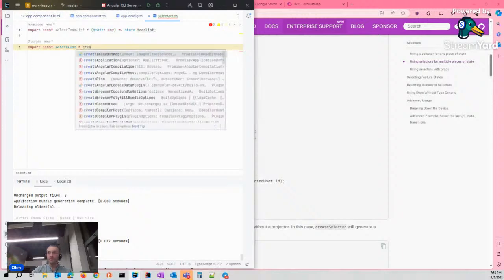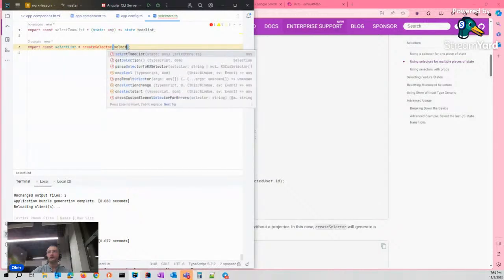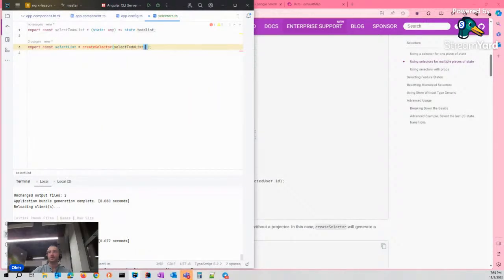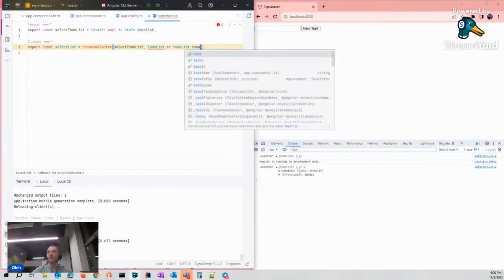Select function, create selector, using the select to-do list, and I return my tasks property from here.